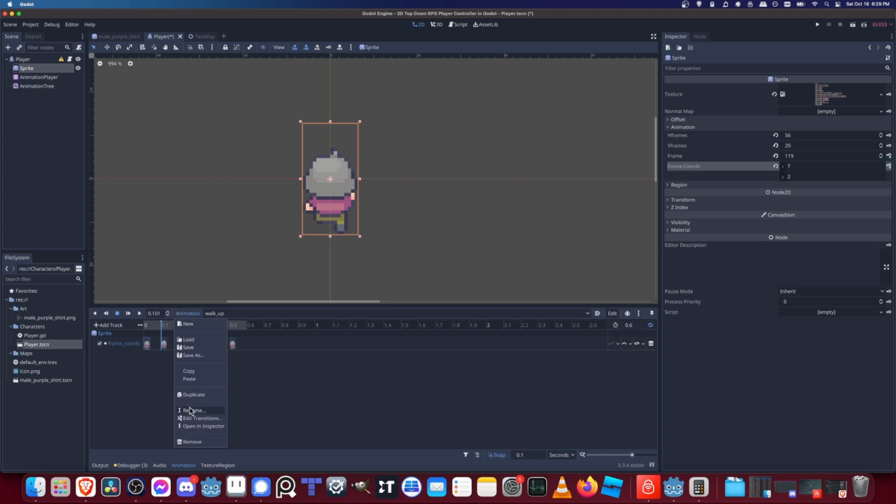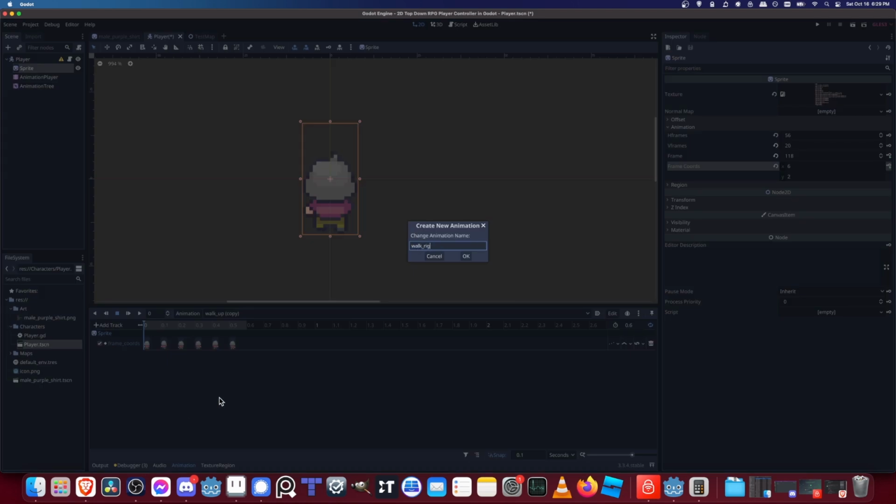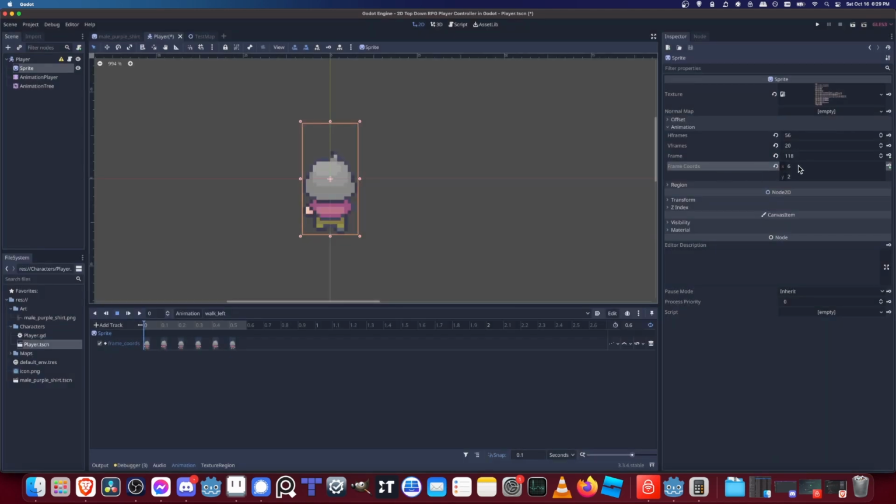So I'm going to click animation, duplicate, and then click up at animation, rename, and let's call this walk right. Oh, walk left, actually. Okay, so let's find the next set. So theoretically, this should be 12. Okay, we have that. So queue up the timeline position at 0 and then to frame 0, hit play, and